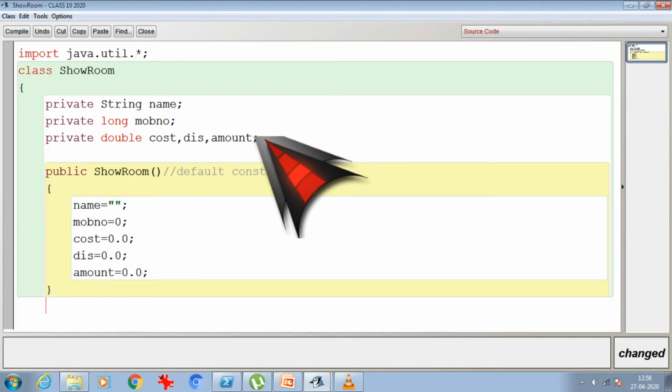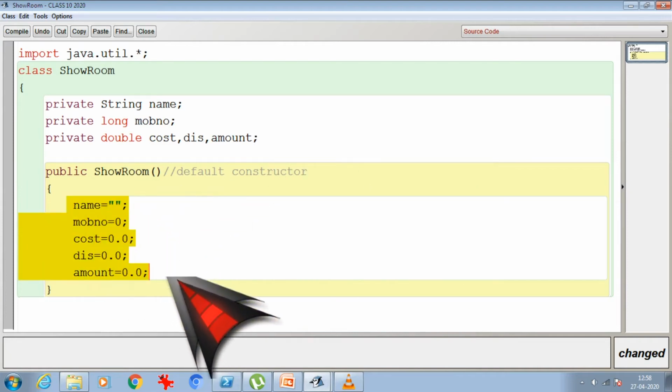It's not necessary that we give 0 values only, but whatever values we give will matter. If the user forgets to give any value at the time of running the program, the work will depend on these default constructor values. So generally we keep minimum values and try to initialize with 0.0.